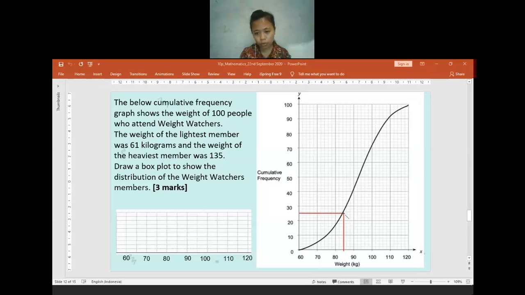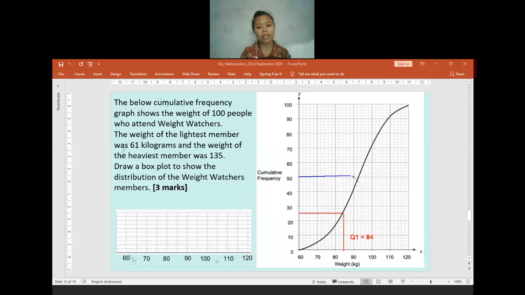After that, you can find the value. Yeah, it is an estimation. You can tell me how many it will be. What do you think? You will be given the range also. What number will it be? Yeah, I think it's about 84. So we will decide the Q1 as 84. The Q1 will be equal to 84.